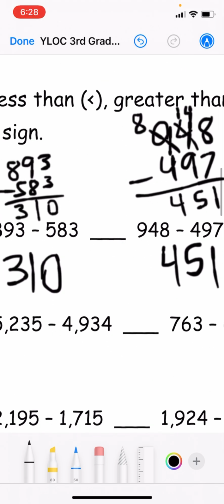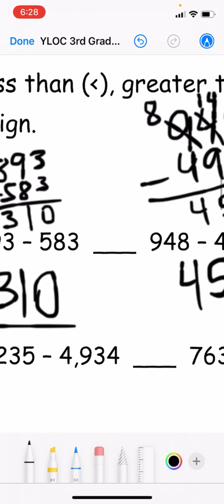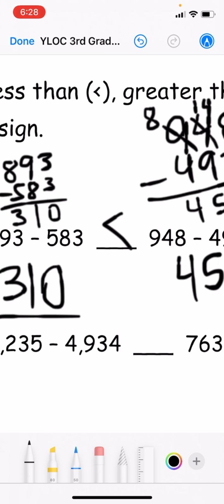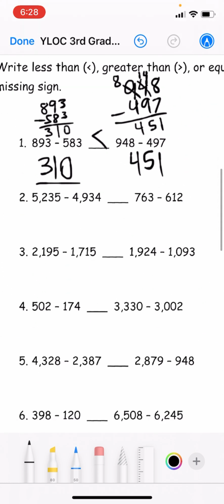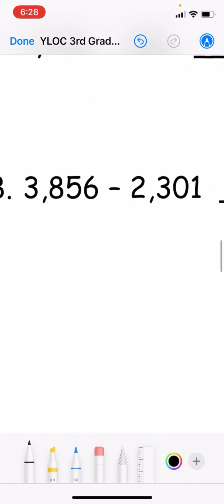So we can see that 451 is greater than 310. And since 310 is on this side, it's a less than sign because 310 is less than 451. Let's do one more. Let's do number 8. For number 8, we have